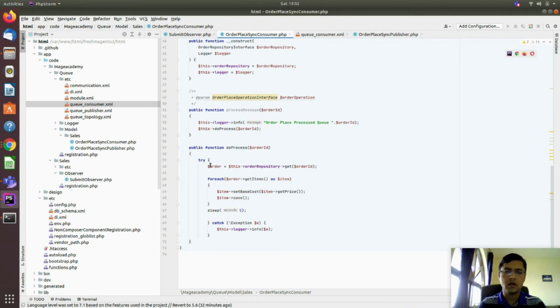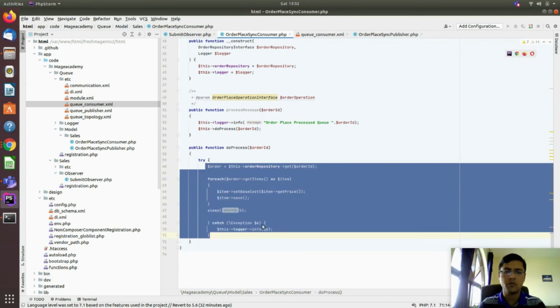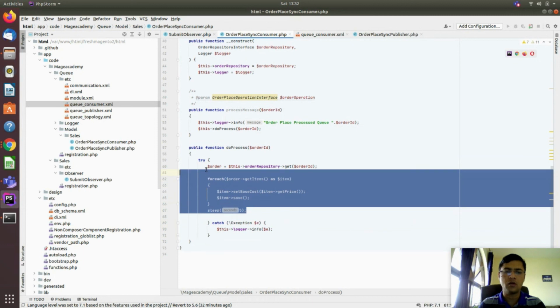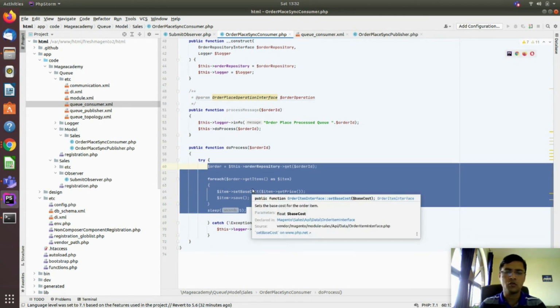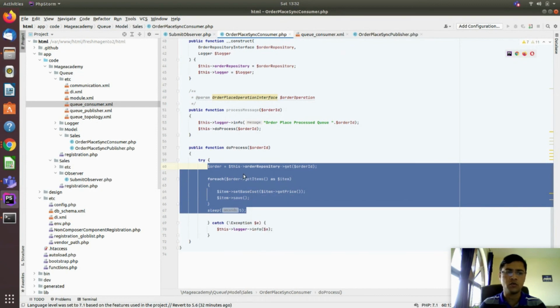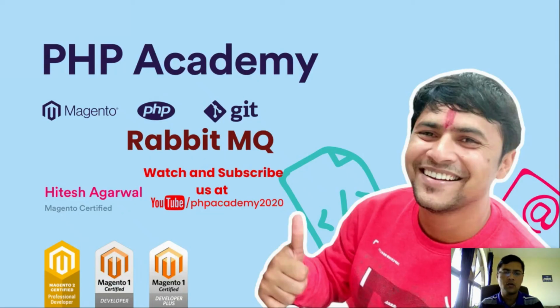So guys, hope you understand the importance of RabbitMQ, how it is beneficial for us to make the customer's journey very smooth. And I want to tell you that not every process we can send to RabbitMQ, which requires immediate actions.